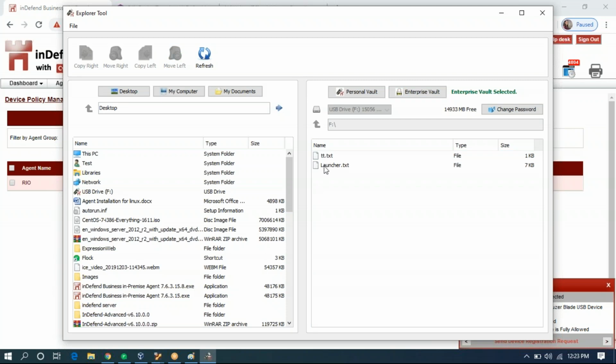These two files will not be accessible for them. However, they can access this personal vault space. So if you want that some data should be allowed to go outside the organization, you enable this vault, you transfer that data inside this space, and you share the USB.